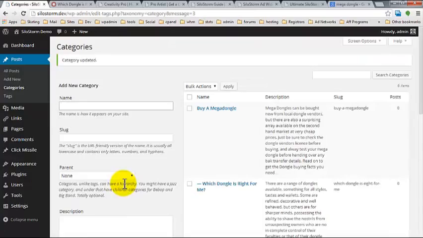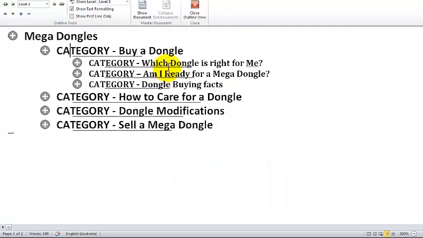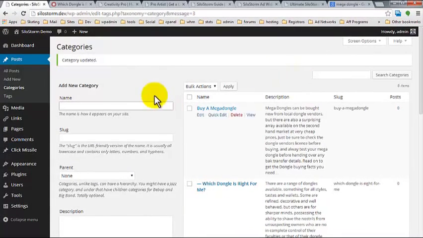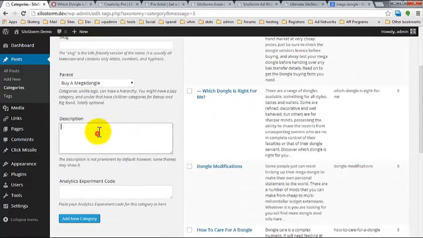And I'll do one more. Okay, and then I'll skip ahead for quickness. So the next one we want to do is am I ready for a mega dongle? Is anybody ready for a mega dongle? Okay. Am I ready for a mega dongle? Okay, this time I'm going to assign the parent buy a mega dongle, and I'm going to grab that description again